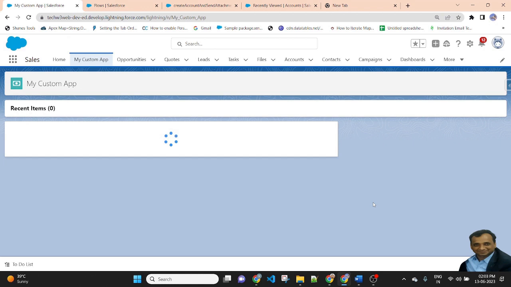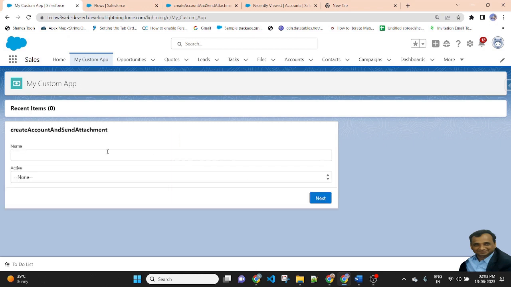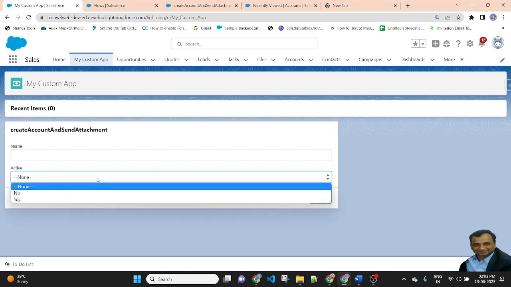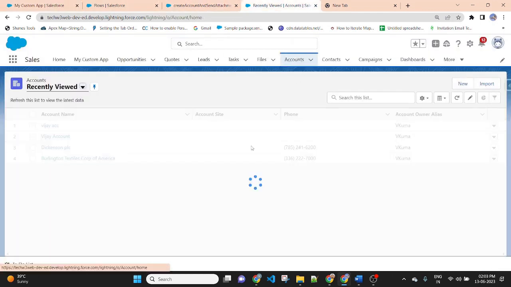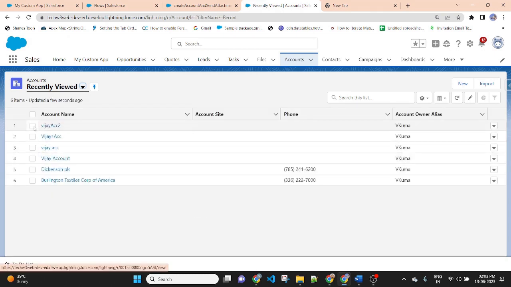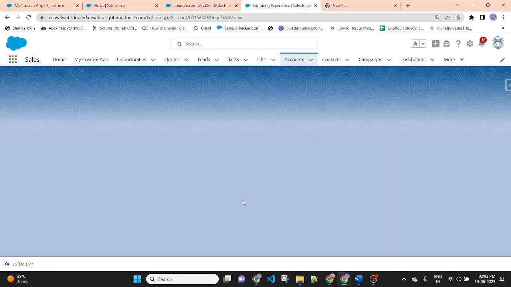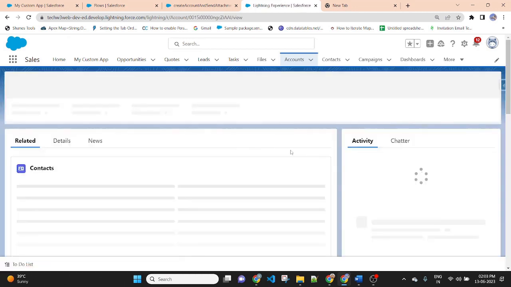So it will create an account and not display the attachment, because the condition is if you select yes, then the file attachment will come. So go to the account and check whether your account has been created or not. Yes, you can see Vijay account 2 has been created successfully from my custom application.